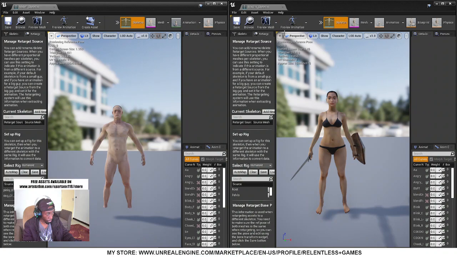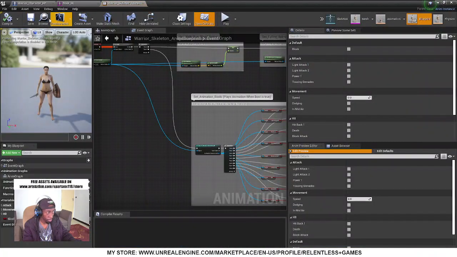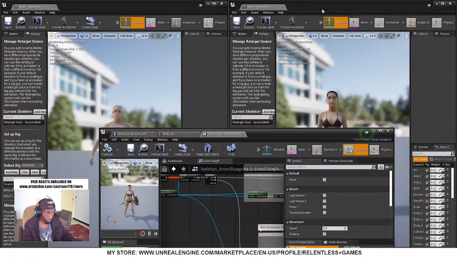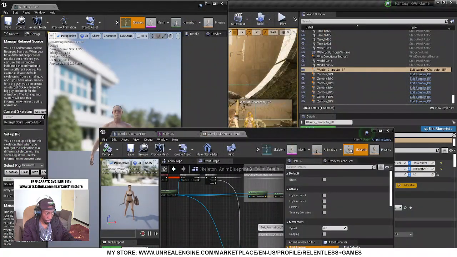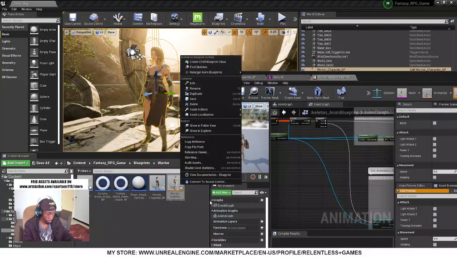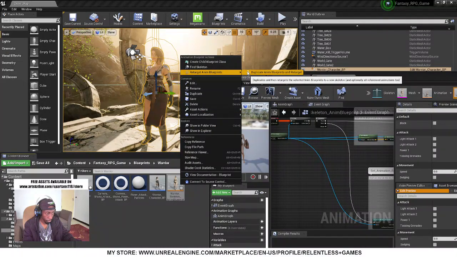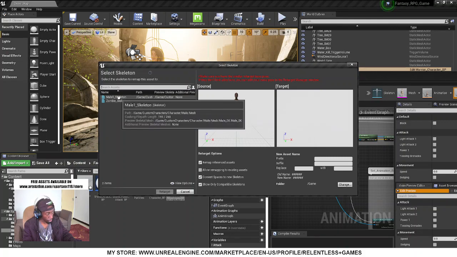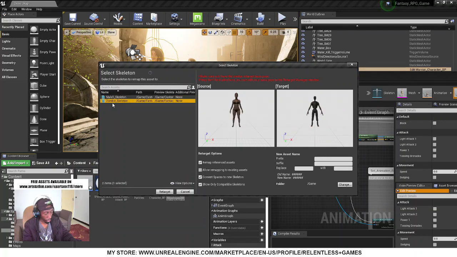Okay, so we're going to retarget this. Let's go to that blueprint again. Let's find it in the content browser and let's retarget. Right click on that retarget animation and duplicate that. I'm gonna retarget to the male. You could do it for the zombie as well if you wanted. We're gonna retarget to the male, and